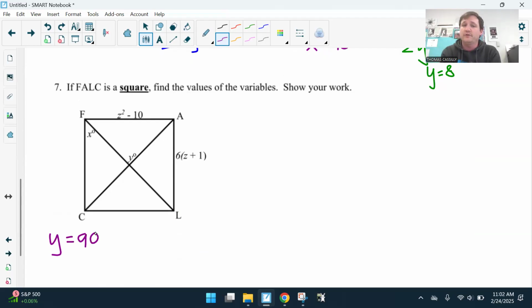So in a square, the diagonals are perpendicular. Remember, a square is like all the properties of a rectangle and all the properties of a rhombus mixed and matched together. So in a rhombus, the diagonals are perpendicular. In a square, the diagonals are perpendicular. So that's kind of the easy way to figure out y. Now, x,